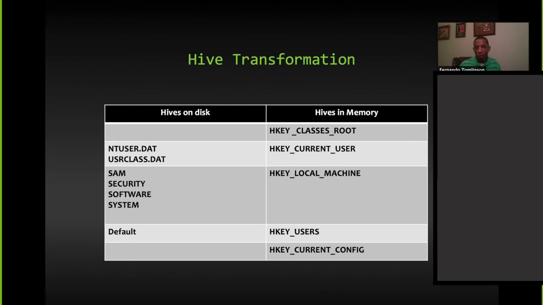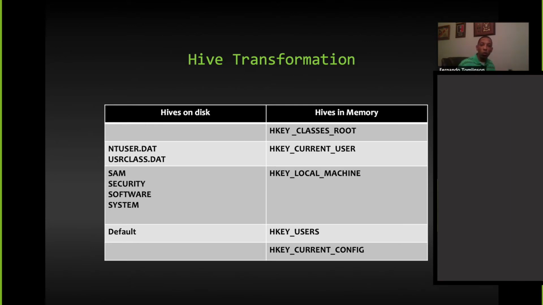now loaded into memory. Now, these hives on disk, when they get loaded into memory and we look at them in Registry Editor, they become something different. So, case in point, my NTUSER.DAT and UsrClass.dat, while that's the name of them on the file system, when I look in Registry Editor, they're now known as HKEY_CURRENT_USER. Those system level hives that we talked about, system, security, software, system, I feel like I said that twice, when they're loaded into memory in Registry Editor, we see them as